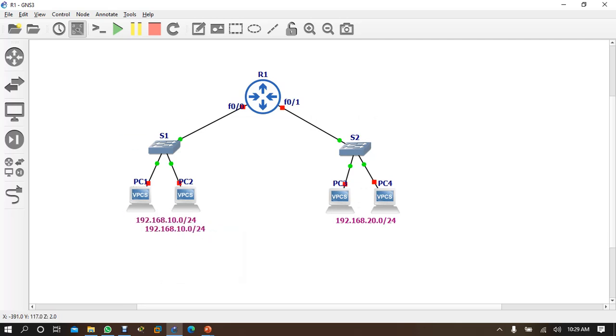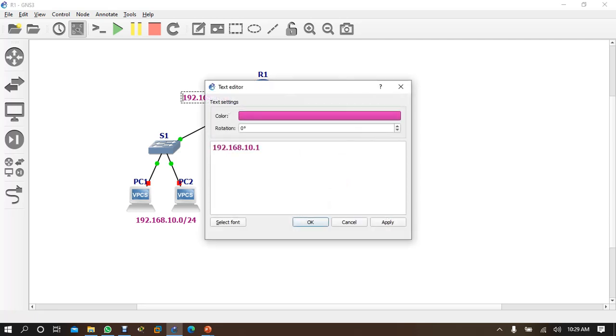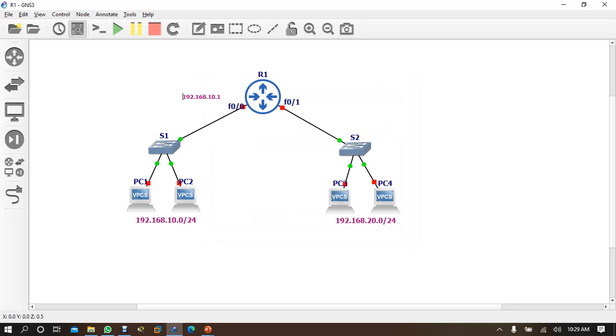Here I am using the 192.168.10.1 IP address, and here I will be using 20.1. So this 10.1 will be the default gateway of these network users, and this 20.1 will be the default gateway of these users, right.